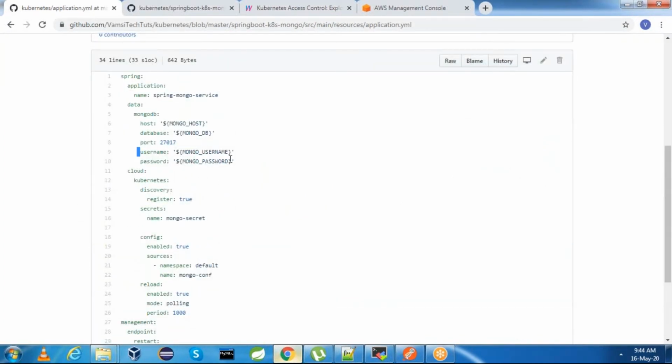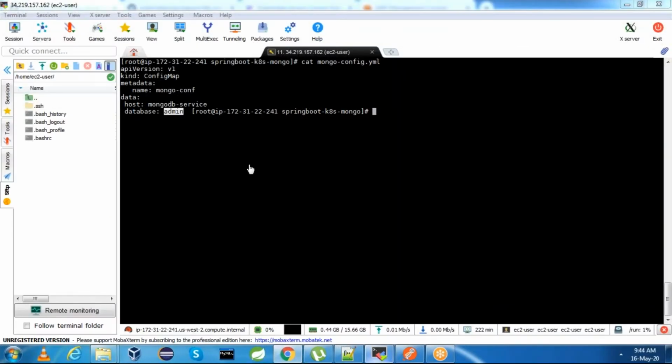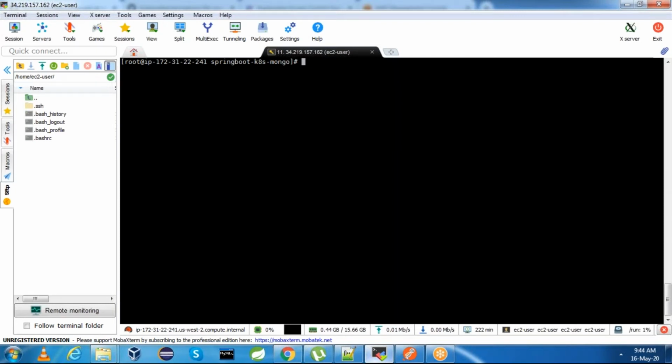Mongo username and password are part of the Mongo secret, and Mongo host and database are part of the Mongo config. This is the Mongo config.